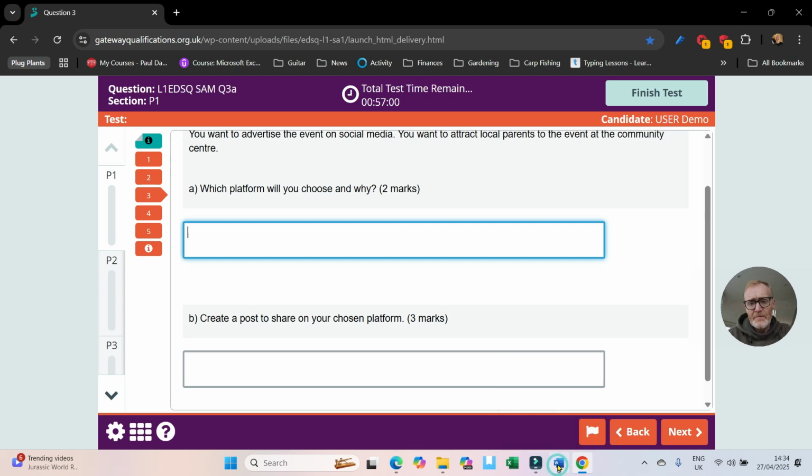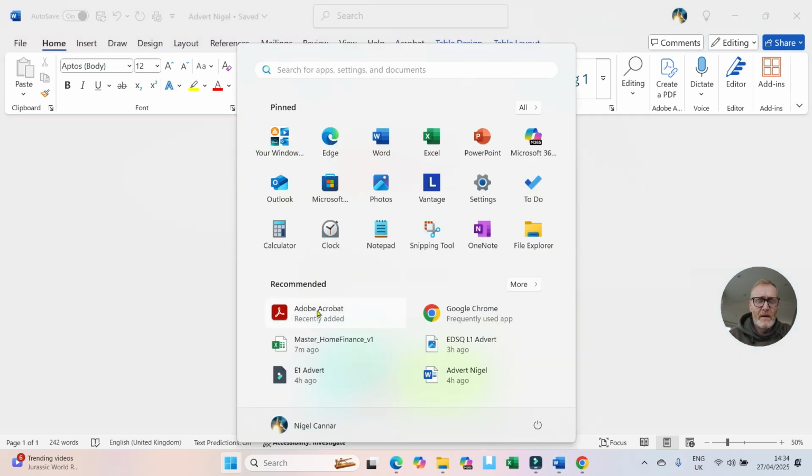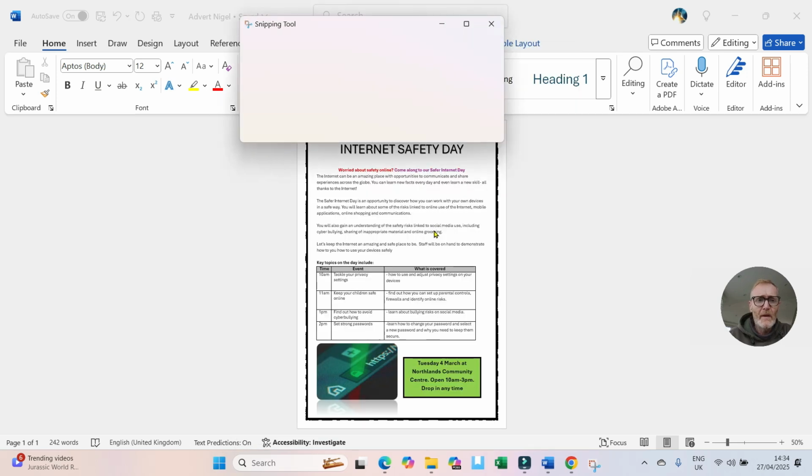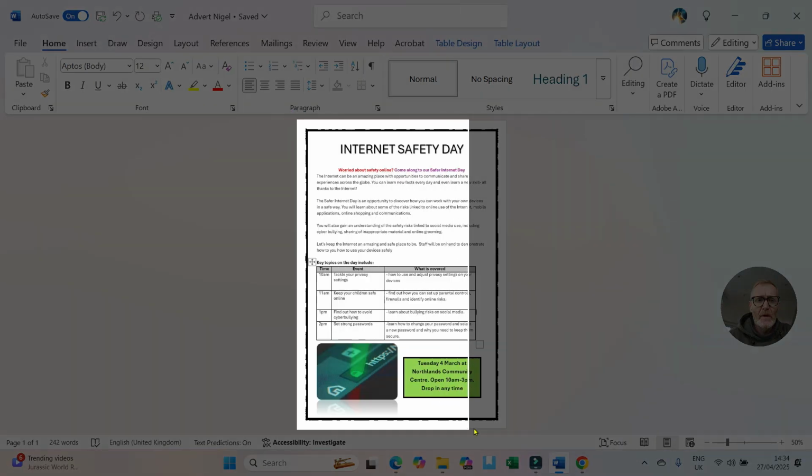So here we've got our poster that we did before. And now I'm going to use the snipping tool to take a picture of that and then save it as a picture. So I'm going to go to the start menu. And here I've clicked on snipping tool. And it comes up with this, and I'm going to click new. And then I'm going to take a snip